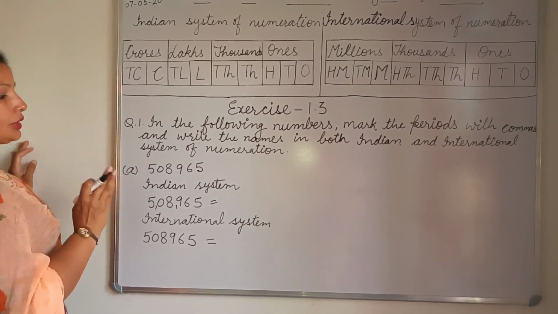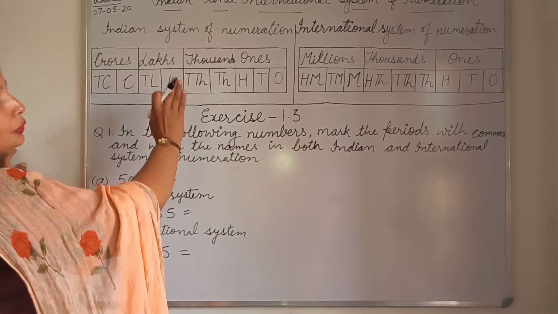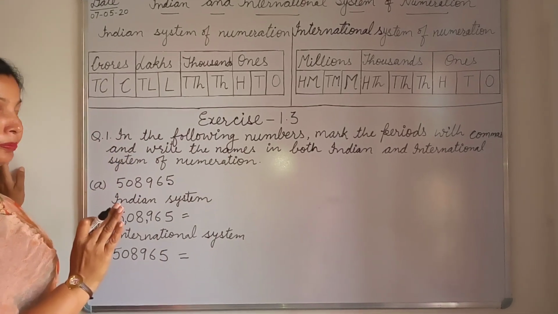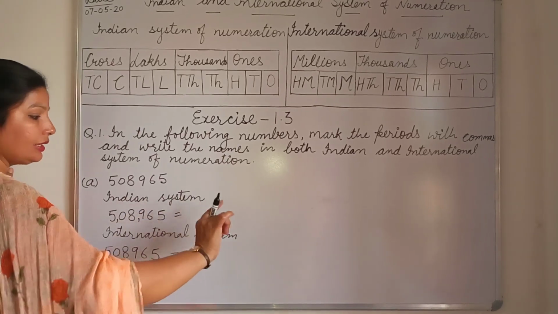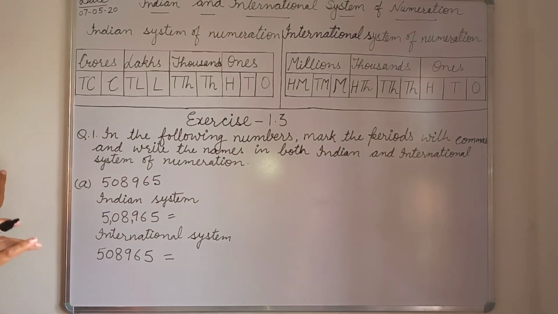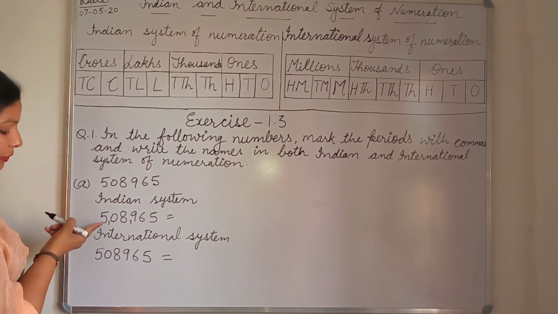Like this, we should separate the periods according to the system of numeration. Okay. Now we should read the number and write its name. The number name means write in the words. So now we will see that there is 5 lakhs